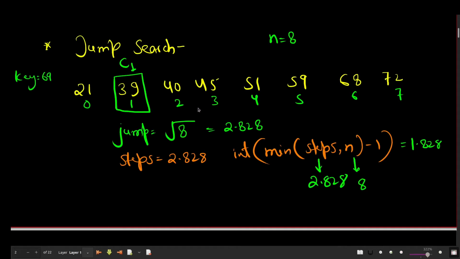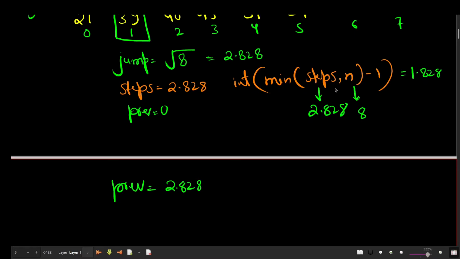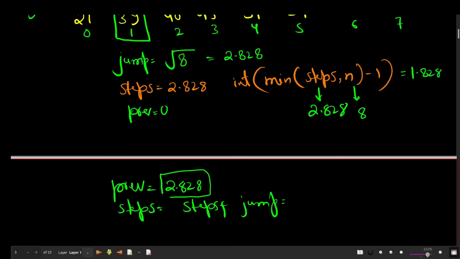Okay, so once we are done with this, at this point previous is 0. What we are going to do, we'll make previous equal to steps, which is 2.828, from here, and we'll increase steps, which is steps plus jump, and now you can see it will be 2.828 plus 2.828, which is 5.65.